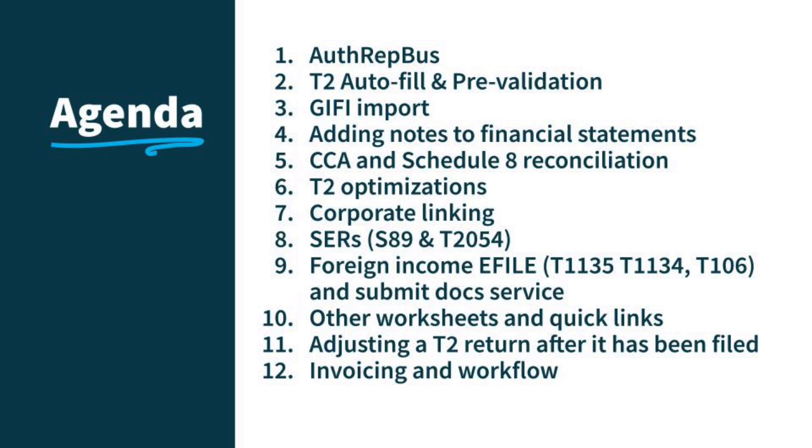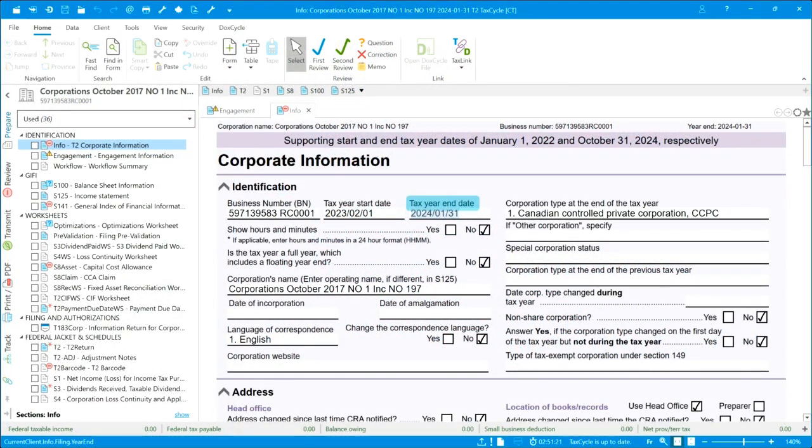And I'll go over a few other worksheets that you might need to use from time to time. And we'll also talk about what things you need to set up in order to do an adjustment to an already filed T2 return. And we'll cover a bit about invoicing and workflow at the end. So we do have a full agenda. We're going to start with